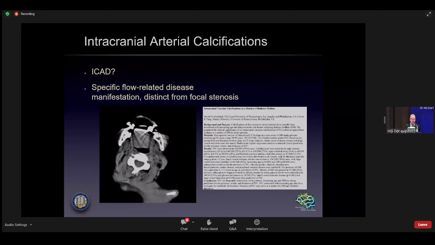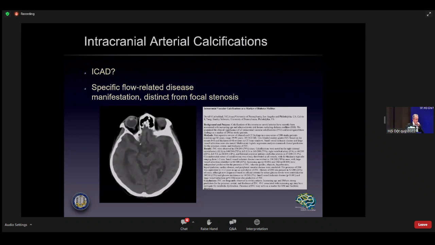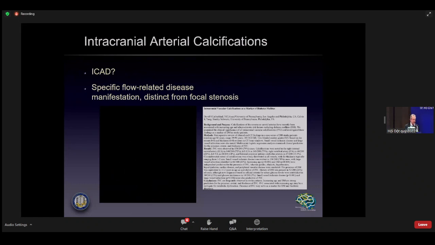There's a lot of discussion in recent years about this, although we looked at this 20 years ago in terms of calcifications. For many years, this was considered not a form of ICAD because it doesn't cause a stenosis. But as has been demonstrated by many recent groups, it is ICAD. It just exists at a place where it doesn't cause focal stenosis. Most commonly, we see this in the distal vertebrals and the carotid siphons.